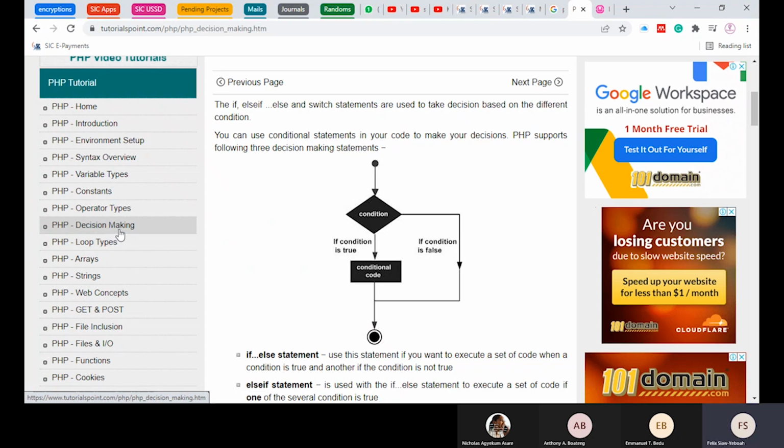It will basically comprise what we've discussed so far. So today I want us to go through decision making, then the loops, then a bit of the arrays, because with arrays I want to take my time. So we go through decision making, then the loops, then a bit of the arrays, then we end for the day. So for the decision making,